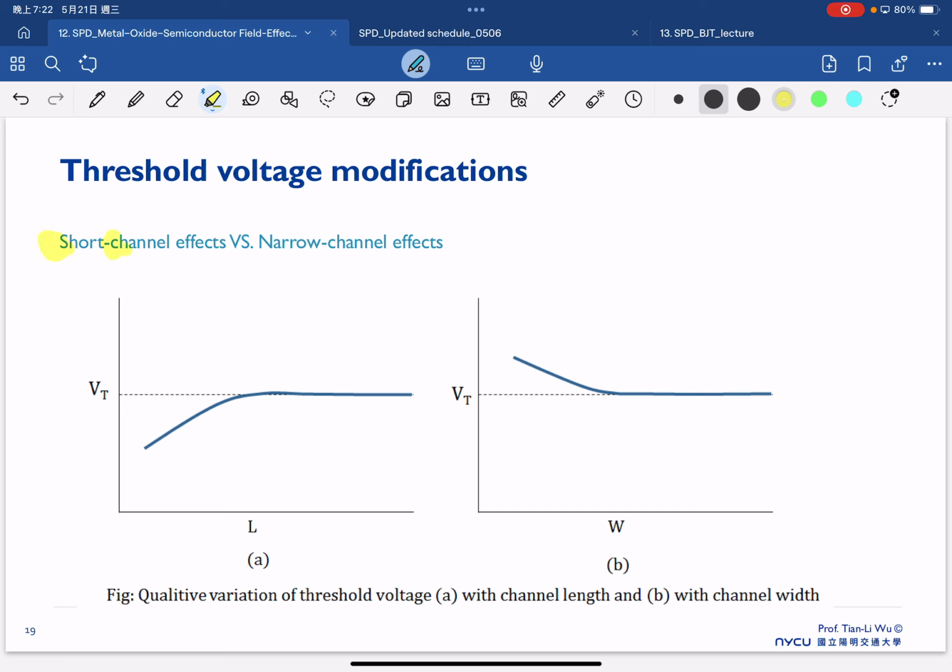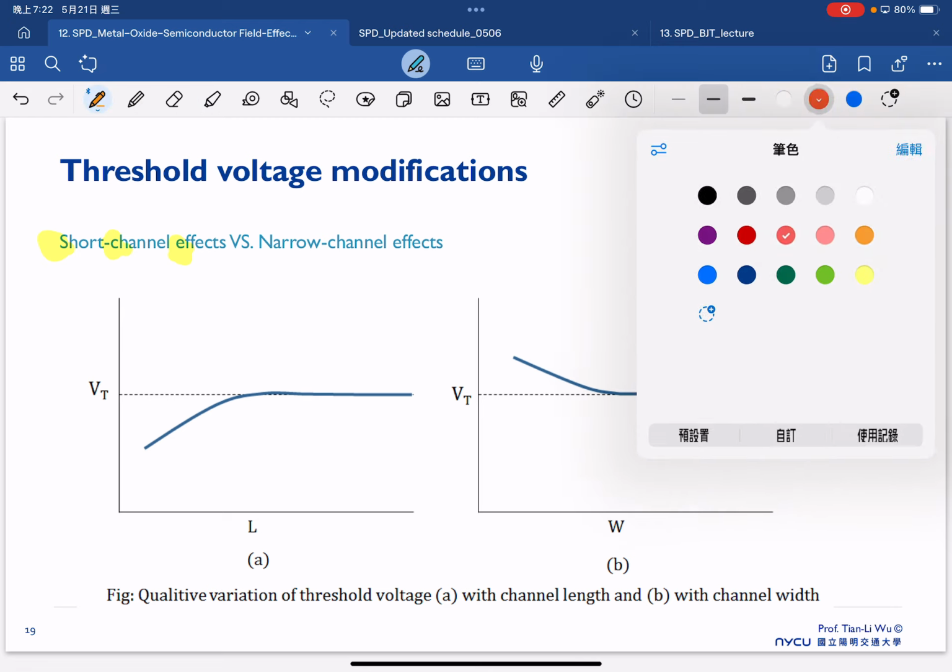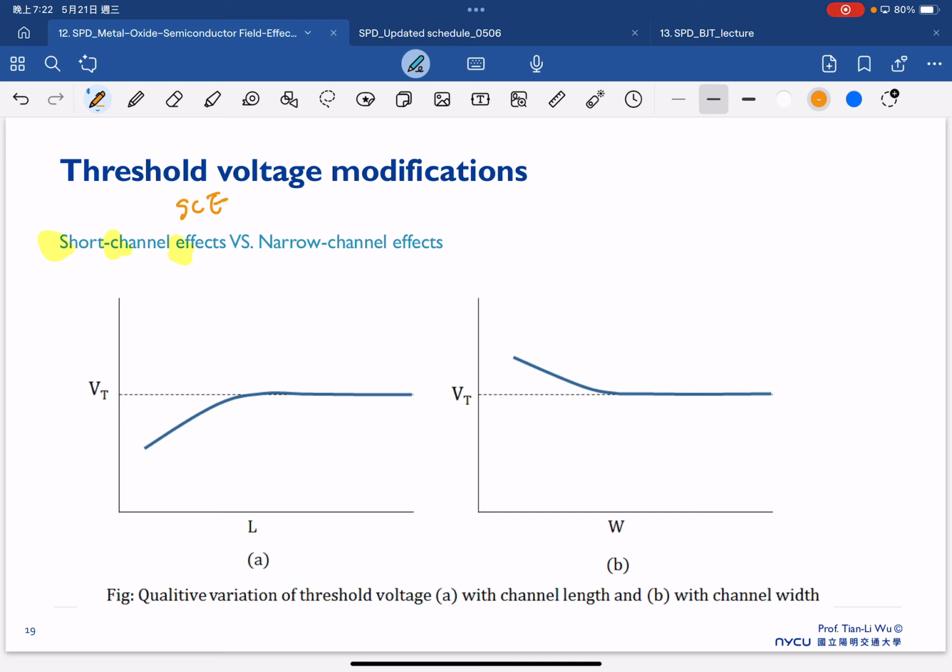And to be honest, the short channel effect, sometimes we also call SCE. And if you make a comparison between the short channel and the narrow channel, the more important one is the short channel effect. This is one of the key issues that people actively discuss nowadays in every semiconductor transistor, no matter what kind of transistor you are working on, it always suffers from this short channel effect. So the SCE,